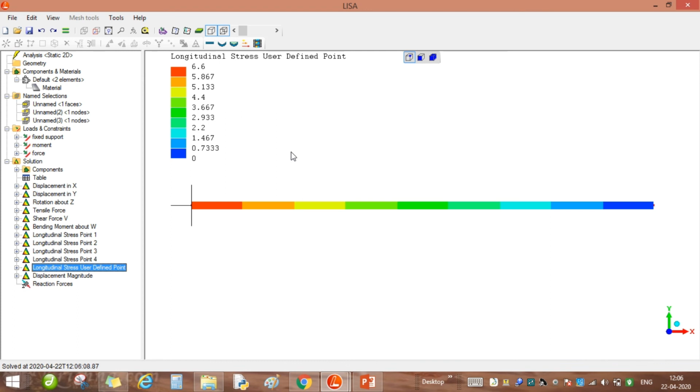If we have the loading direction here on the upward, then this top layer will be under compression and bottom layer will be under tension. And this particular figure is showing 6.6 megapascal stress at this complete section. It means it is only representing the stress throughout the section, at this particular section point which we have considered. So this stress is varying from 6.6 to 0 from here to here throughout the length.